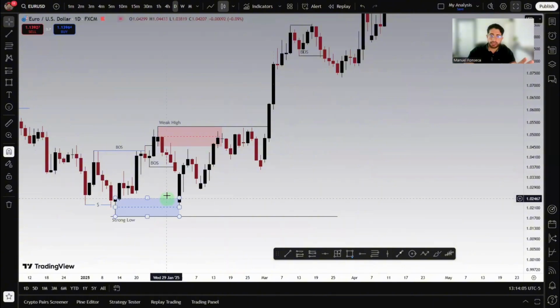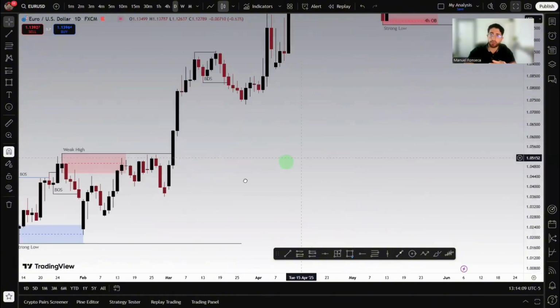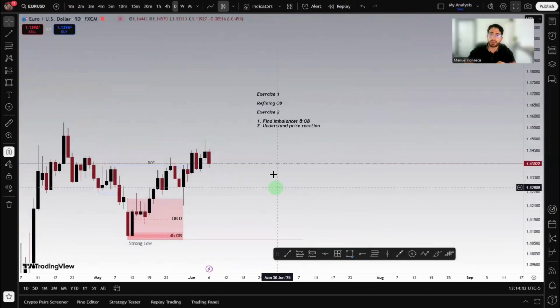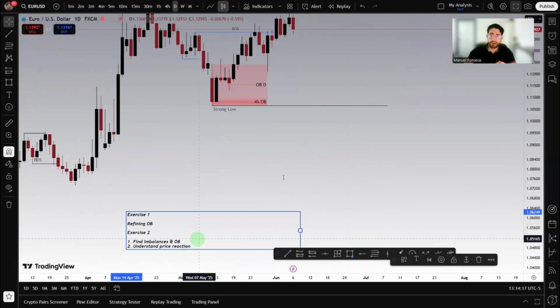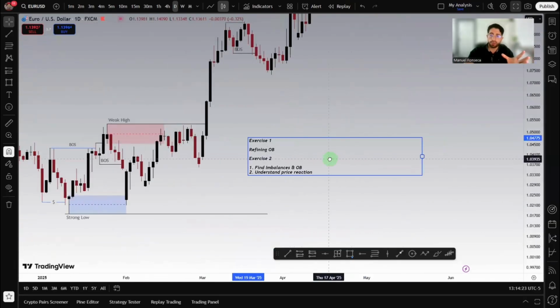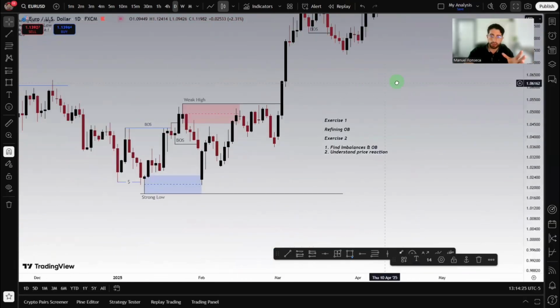Once you have mastered order blocks and the reaction to them, you have a third homework. It will be the imbalances. For the imbalances, I just want you to identify strong price movement, very huge candles like we're perceiving